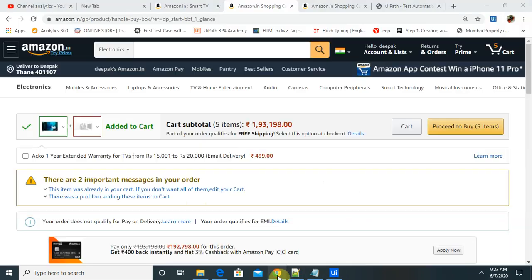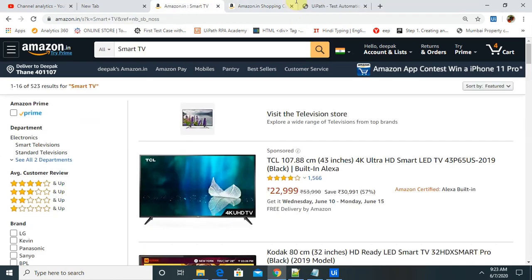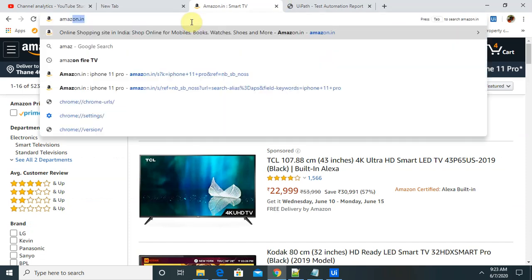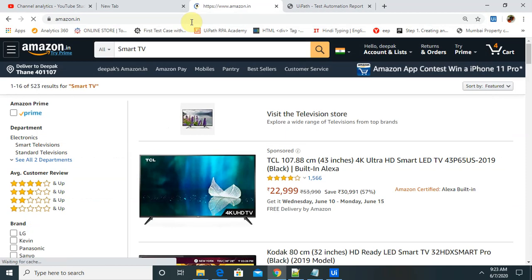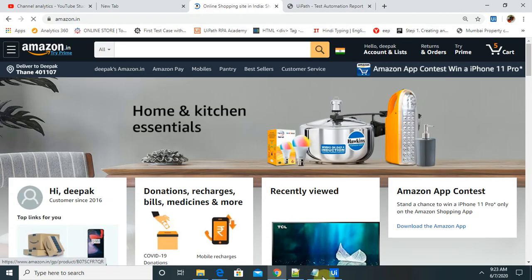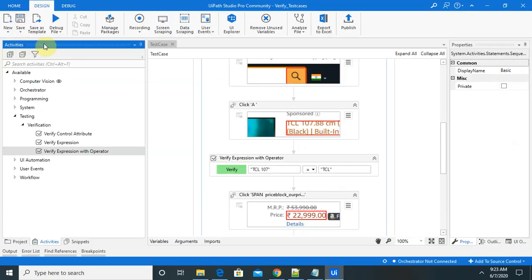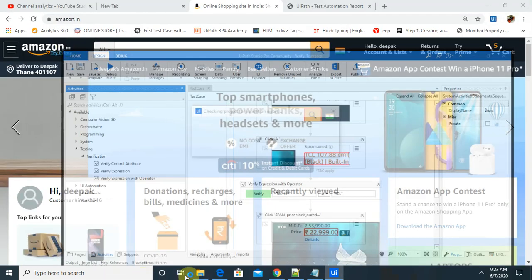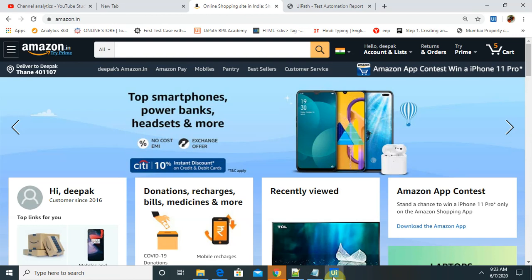Let me open the page again, Amazon.in. Let's execute it again. Open the output panel.